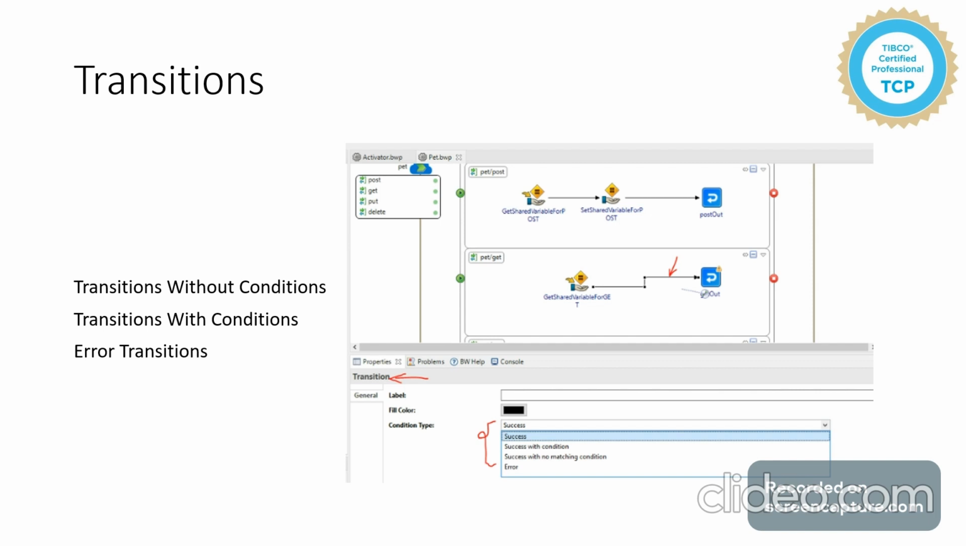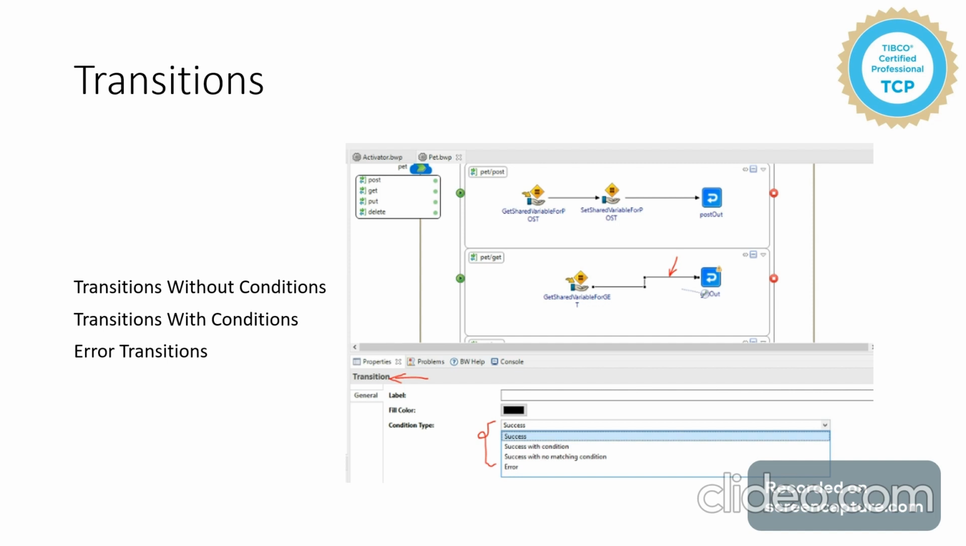And one more example I can think of is, for example, if we are getting some employee data and we have a backend database and we wanted to check if the employee already exists, then update his details, and if it does not exist, insert his details. So this scenario can be successfully accomplished using this success with condition and success with no matching condition transitions. Don't worry if you don't understand at this point. We can look into these in more details when we do some tutorials